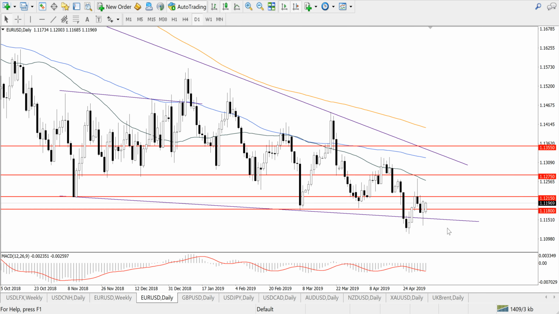Let's have a look at the daily chart. We can see that here after the minimum in the area of 1.1113, there was a spike to the upside, then a spike to the downside. The higher level was tested on the downside. So the currency pair is trying to find some base around this support line, and it may try to retest higher levels,